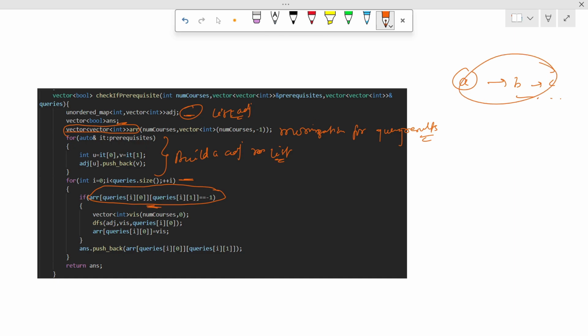So here we have to perform the same thing, and then we have a visited array of DFS, this visited array of DFS, and then after performing all operations we have to perform DFS from the source node, and then this query of ARR of query of I0 is equal to visited, which is generally for caching the result, and then after that we have to add